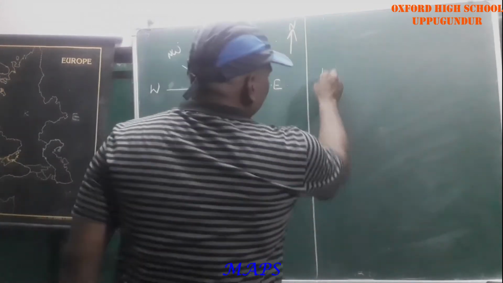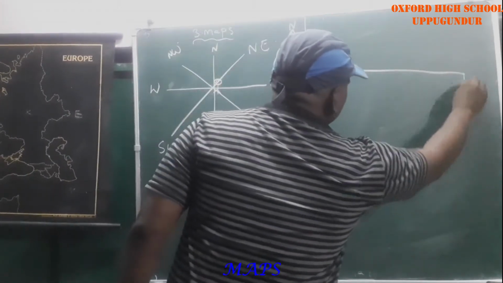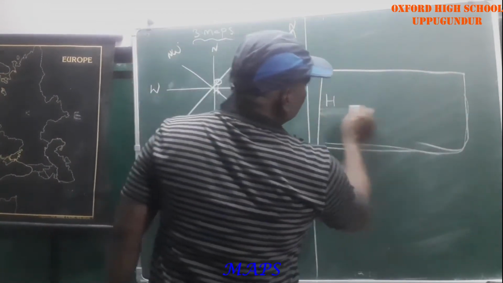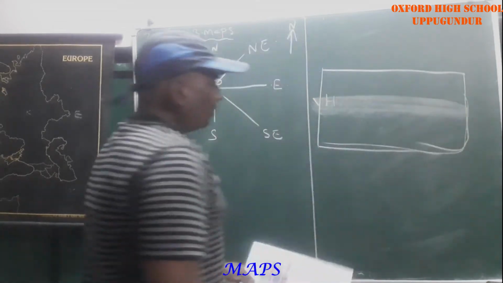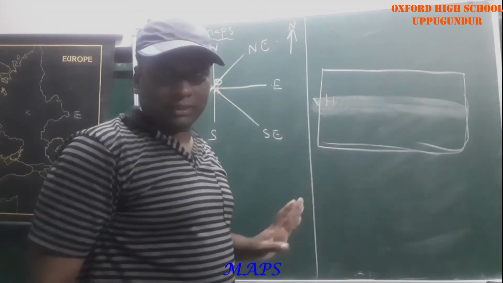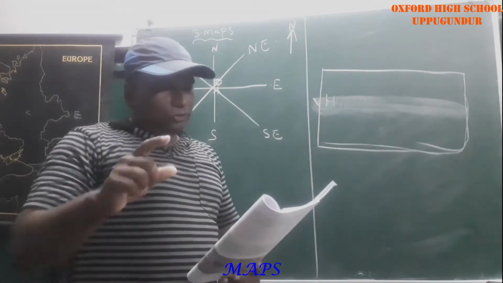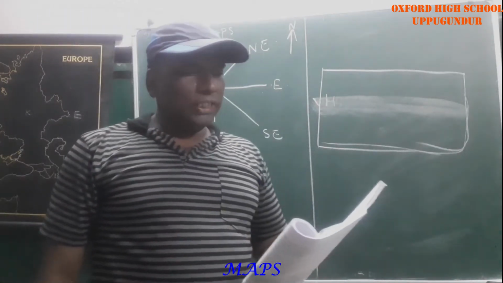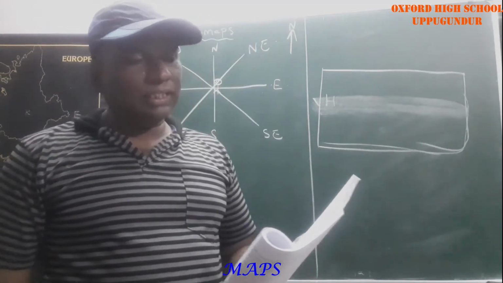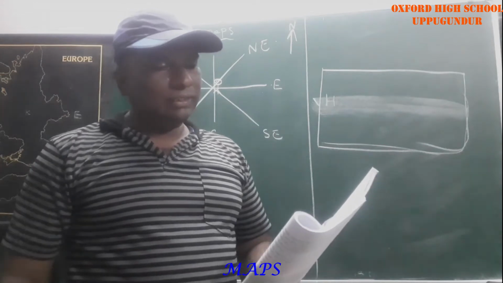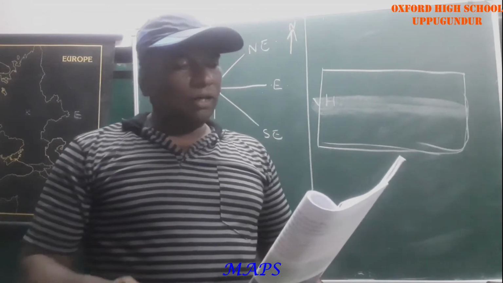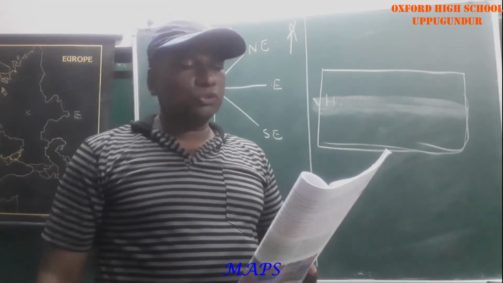For example, this is a map, a horizontal map. You are able to find the countries clearly through this map by using the directions. A globe can be useful when we want to study the shape of the earth as a whole. But when we want to study the earth horizontally as a part, such as a country, state, district, town, village and world as a whole, it is of little help. In such a situation we use maps.